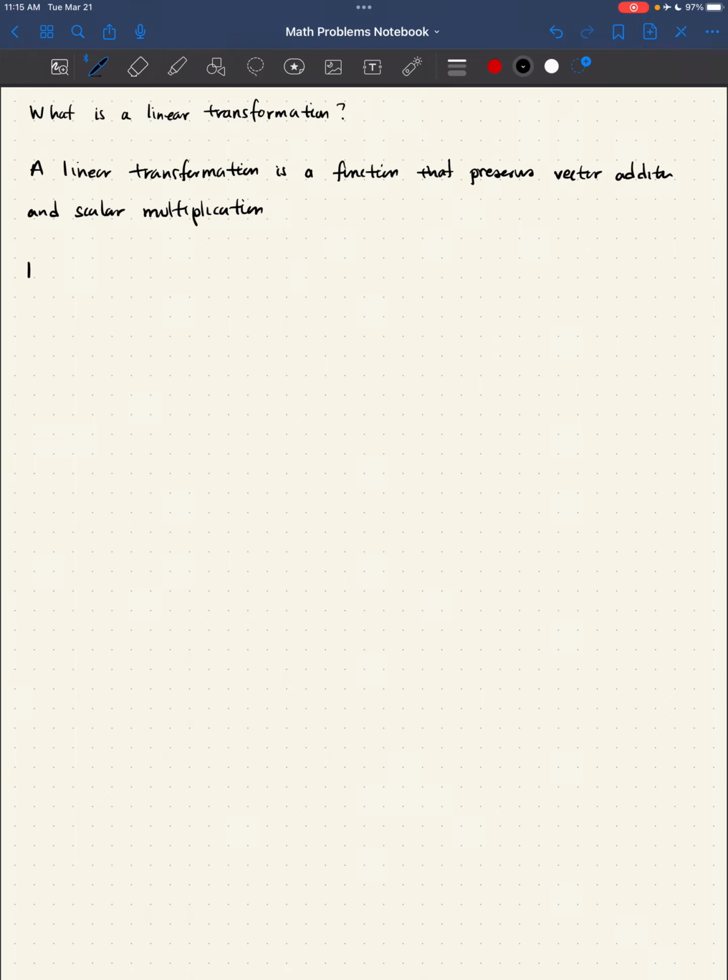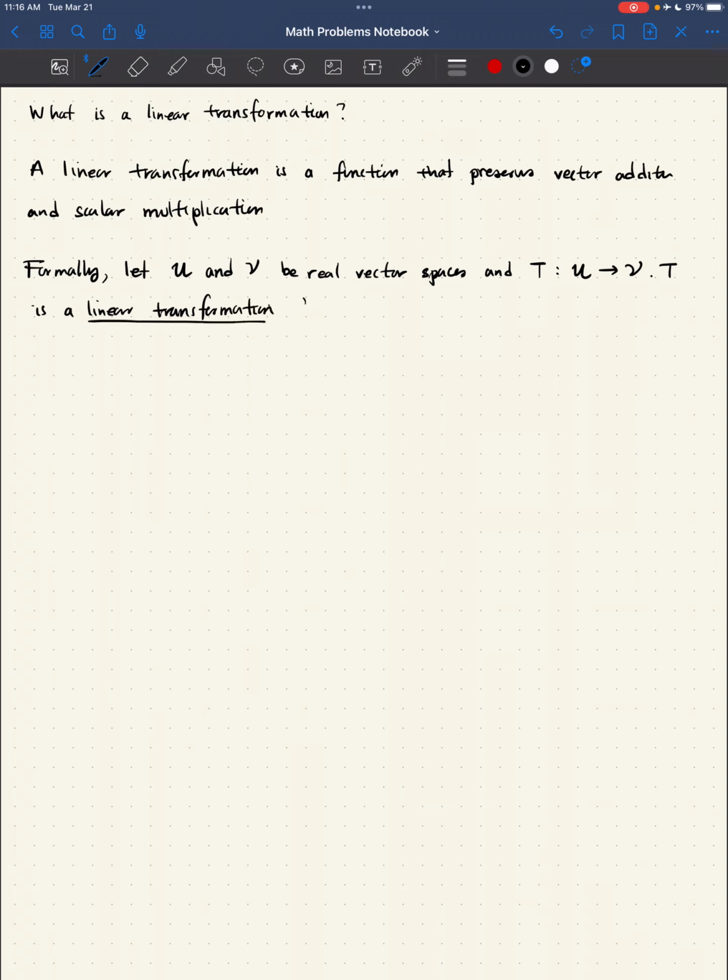So formally, let U and V be real vector spaces and T a function with domain U and codomain V. Well, T is a linear transformation from U to V, provided that